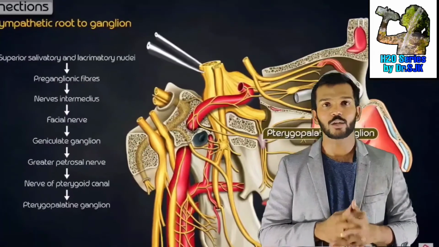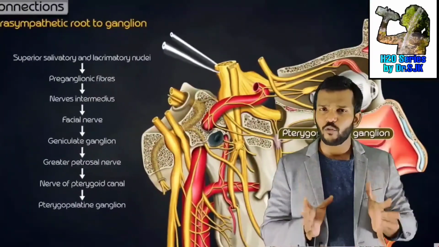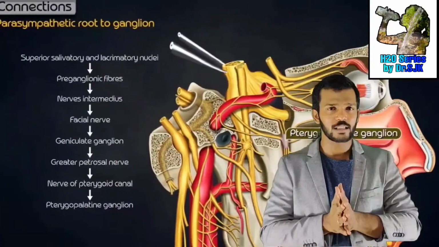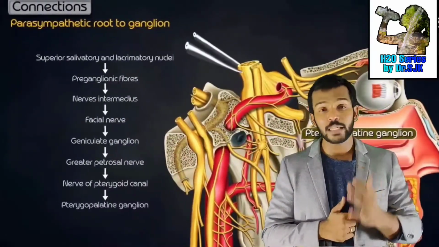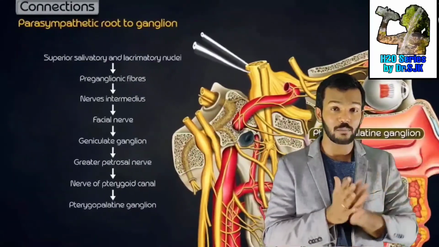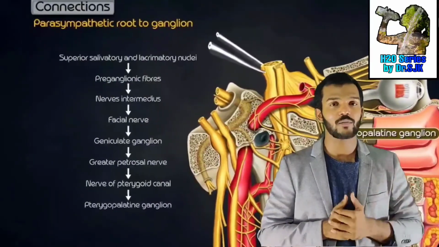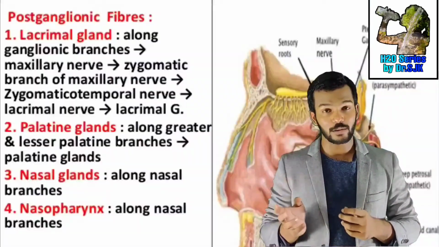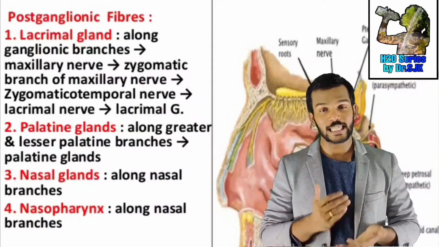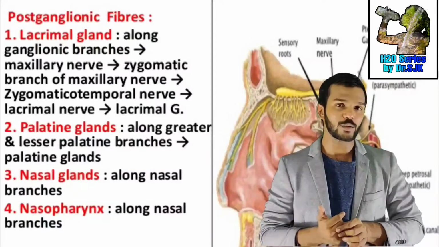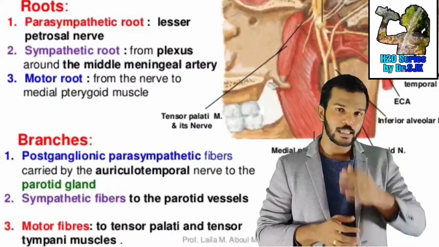Now we are going to discuss the two ganglions, the pterygopalatine ganglion and the otic ganglion. There are four parasympathetic ganglia found in the head and neck region. Out of four, these two are very important. The pterygopalatine ganglion has preganglionic fibers coming from the greater superficial petrosal nerve. The greater superficial petrosal nerve is a branch of the facial nerve arising out of the geniculate ganglion. It has postganglionic fibers through the maxillary division of the trigeminal nerve, through zygomatic branches going into the lacrimal gland for lacrimation.